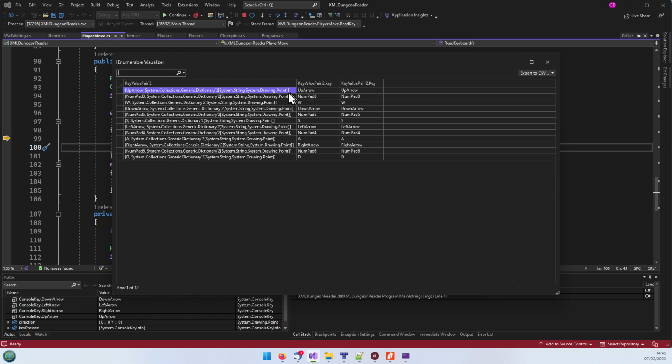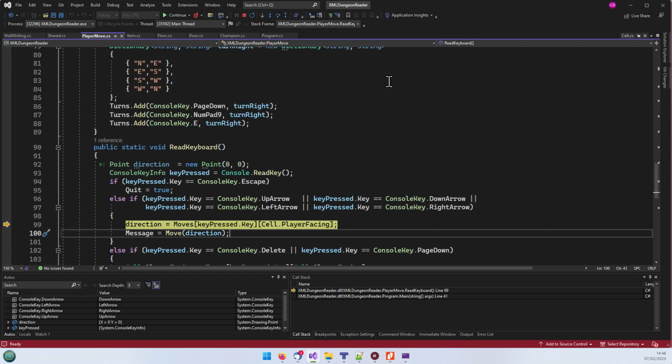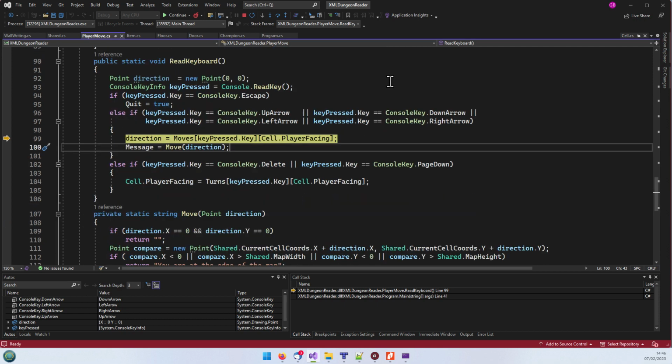The up arrow key will then return the secondary dictionary, which has got string drawing point. So this will open up a secondary dictionary. So this is a dictionary of dictionaries that we've got here. Let me just show you how this was constructed. No, I can't show you that here. Okay, so we've got this dictionary of dictionaries. So if we press F11,